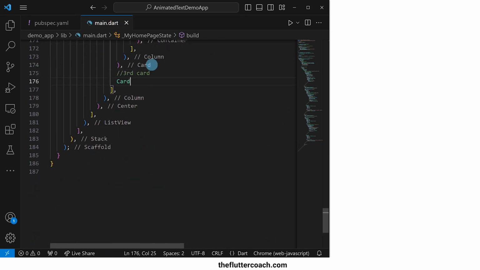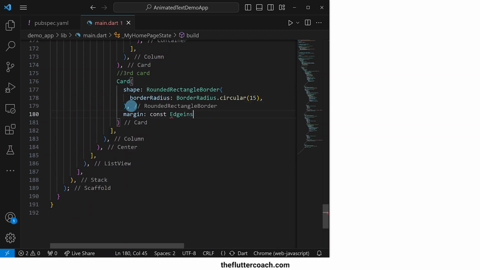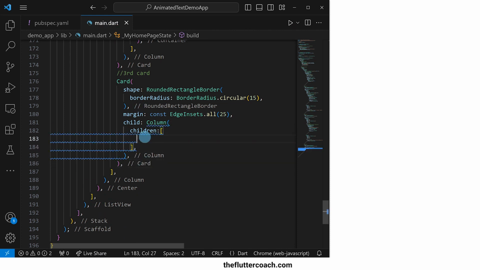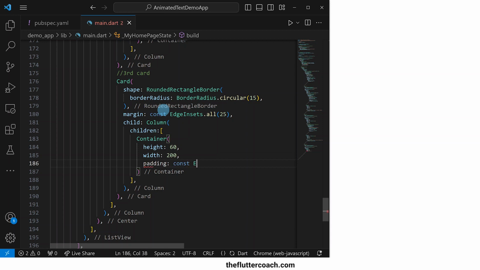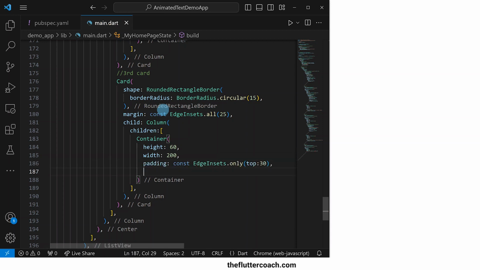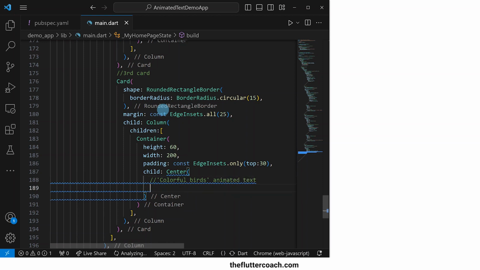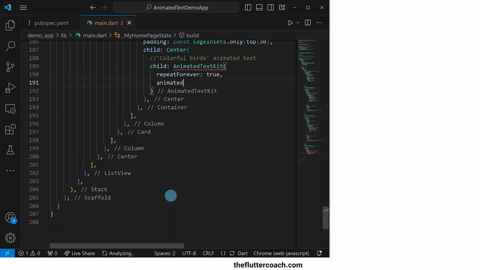Let's move on to the third card, where we will have a card widget with a border radius of 15 and an all-round margin of 25, and the child of this card will be a column widget. The first child of this column will be a container with a height of 60, a width of 200, a padding of 30 pixels at the top, and the child of this container will be a center widget with the colorful birds animated text. The child of this center will be an animated text kit that repeats forever,